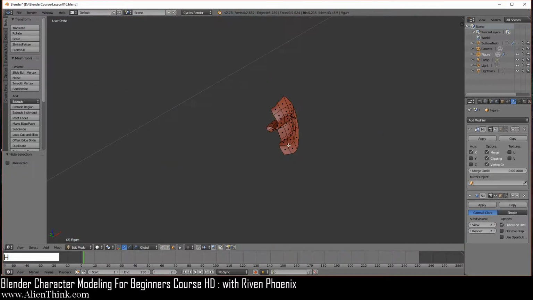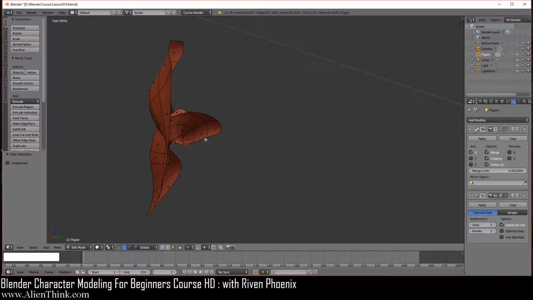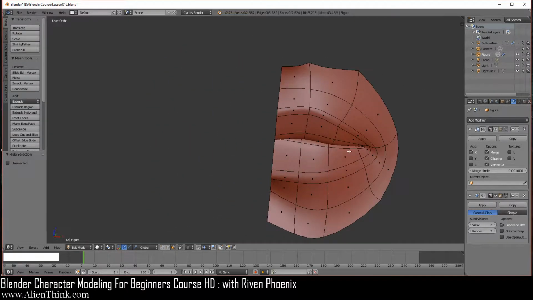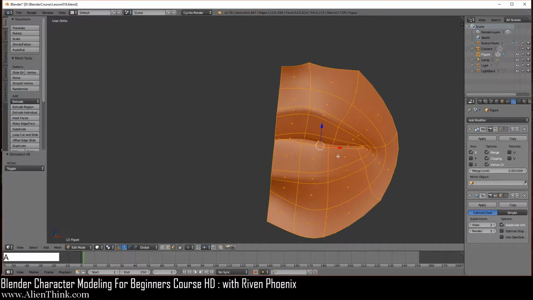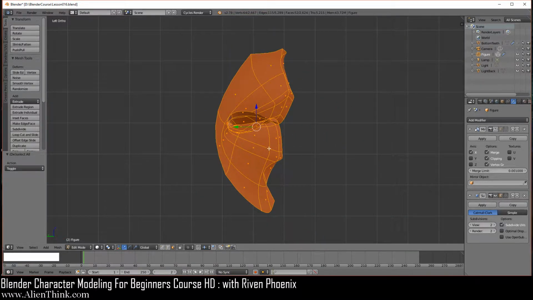And you're going to press the H key to hide it. So now we only are looking at the lips and this section over here. That's what we want. So here I'm just going to do A to select everything. Press the period key to home in on this. Do Control 3 to look at it from the side view. A to